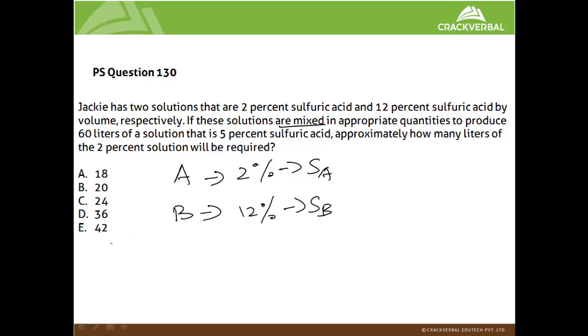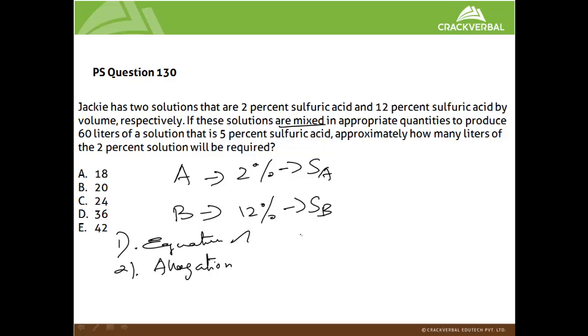Remember that a mixture question can be solved in two ways. One is the equation way, another is the alligation way. The alligation way would be very easy if you are aware of the weighted average concept. If you are very good at finding weighted averages, alligation would be much easier when dealing with mixture questions. We shall see the alligation way a little later. Now let's see the equation way. The equation way is also not tougher.